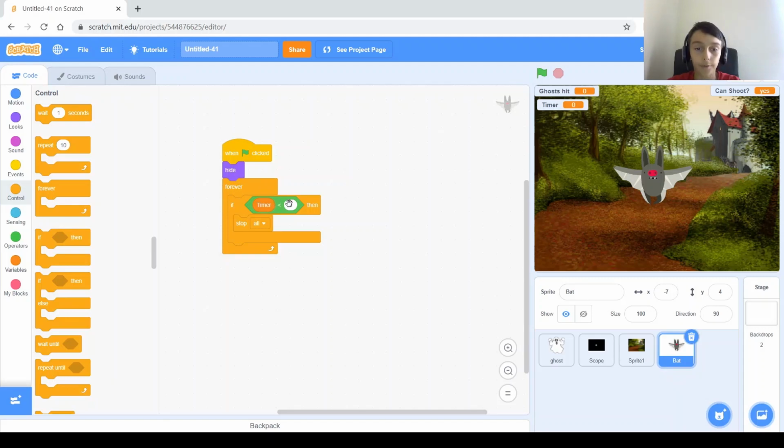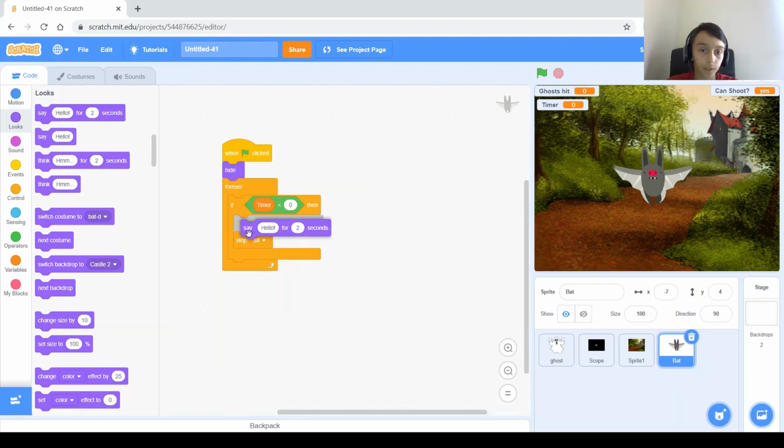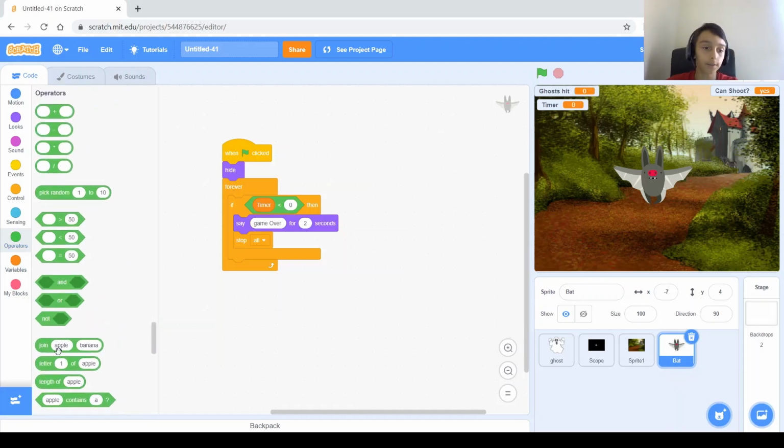Alright, so forever, if timer is less than 0, then we want to say something. So we will say game over. But then we also want to say something else, which is going to be you hit this many ghosts. So to do that, we need to say multiple things. So we will use this block right here called join. We'll say join game over, and then a space, don't forget a space. And then we'll need another join, which will be